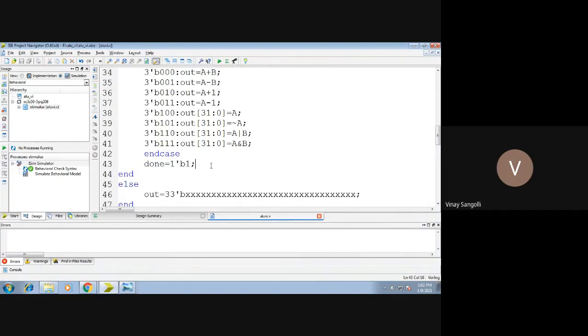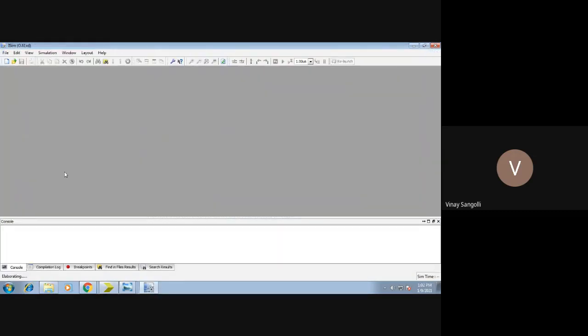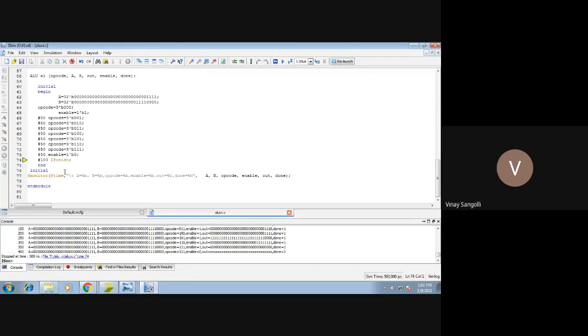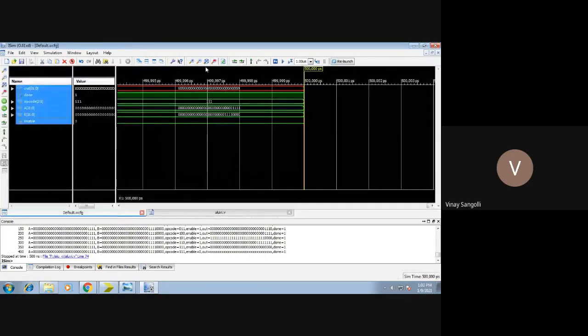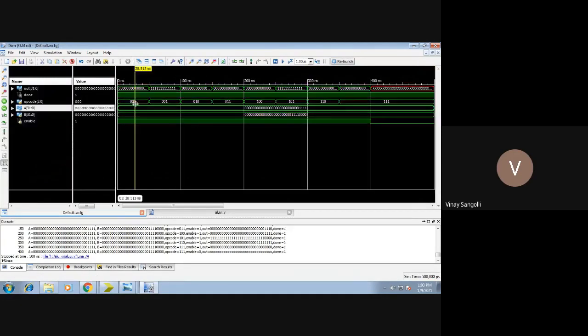So directly I will be simulating the model so that we can see the output. I executed. We will press fit to screen. Once you press fit to screen, you can observe the first input: the enable is high. Therefore, based on the output, when the input is 0, 0, you can see the corresponding output. If you want, you can just drag this out. The output is very clear: this is my input, this is my output.